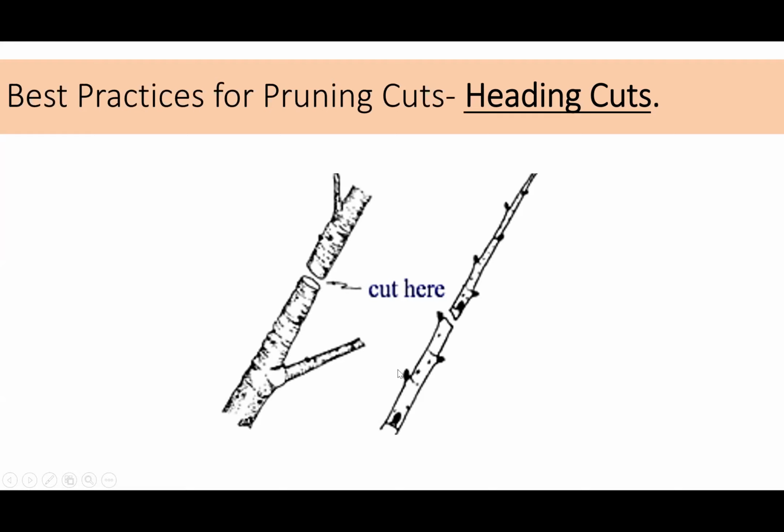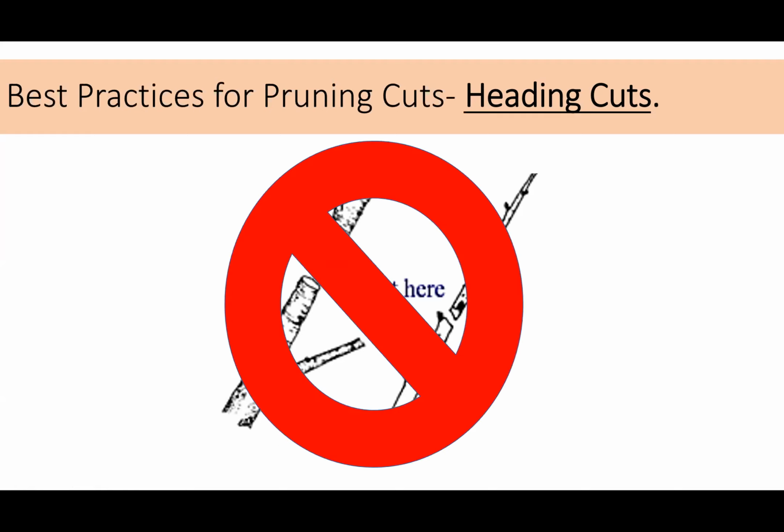Heading cuts are primarily used in a nursery setting to help shape trees, where they'll come back and thin all the branches that show up to keep the tree looking reasonable. We might use them in a landscape setting on a young tree that has like one leggy branch that just sticks way outside the tree's canopy and just needs to come back. It doesn't have a lot of branching, so we don't have much choice along that branch, and we have to make a heading cut. But generally, we just don't want to be making them when we're doing structural pruning. So big red no.